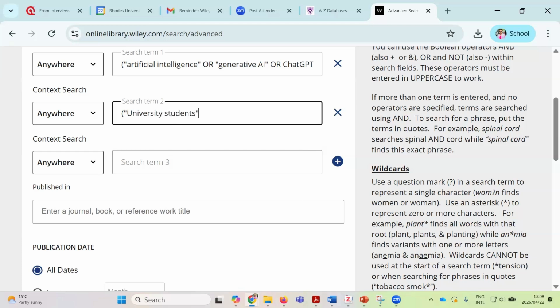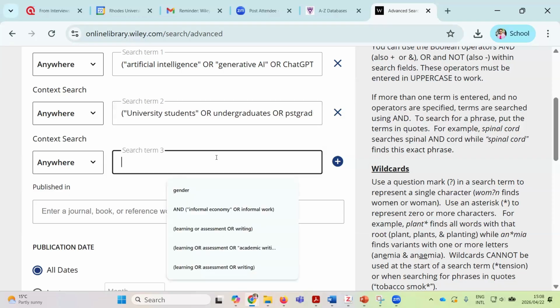Just going to go back a bit. University students or undergraduates or, see there's a spelling error there. Undergraduates or postgraduates. Close. And then the third search term, previously what we had used was learning or assessment or